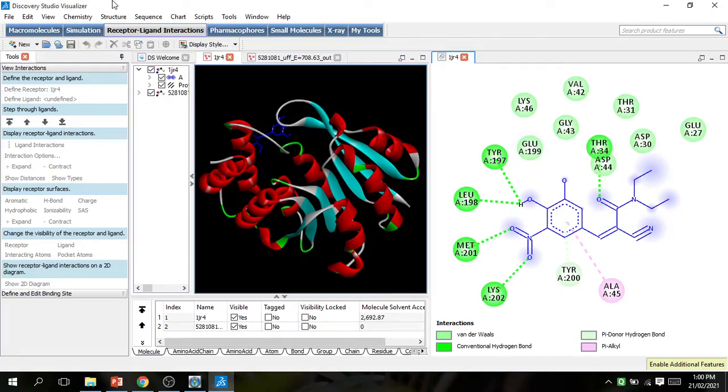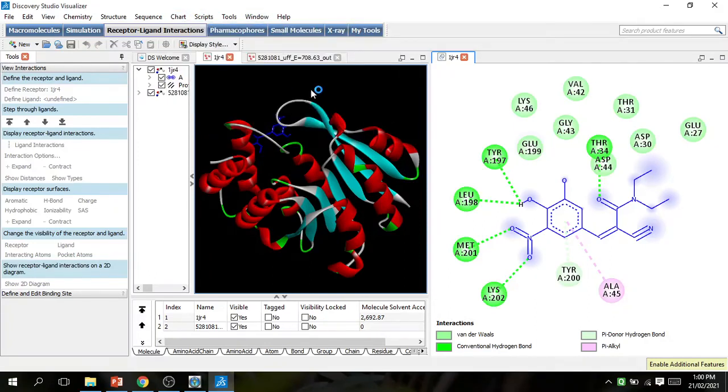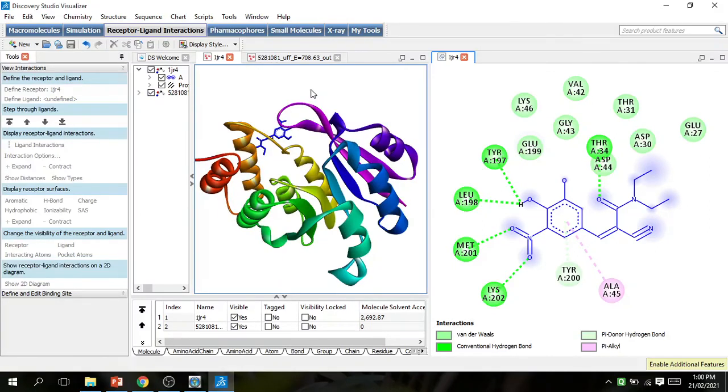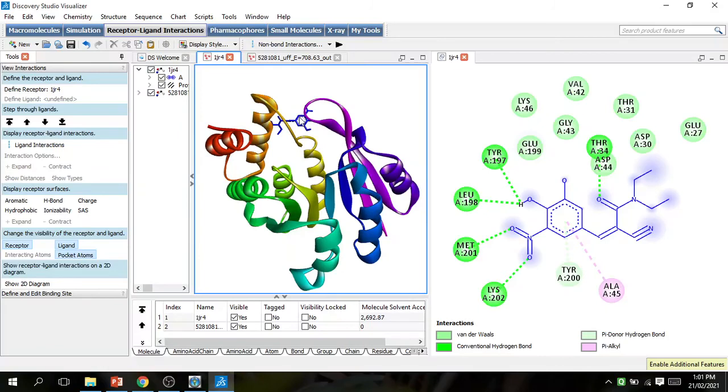If you want publication quality for your research paper and review article, go to Script, Visualization, and Publication Quality. This is publication quality. Many research papers and review articles show interaction in this format. It is our protein and ligand, binding nicely.